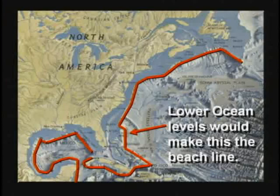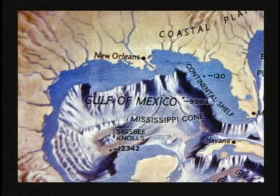If you lowered the oceans a few hundred feet, Florida would be huge. Cuba would be annexed to Florida. I believe during the end of the flood, as the oceans filled in, everything got stabilized, and then the ice caps melted back, raising the ocean levels even more. Probably the Atlantic Ocean got too full and spilled over into the Gulf of